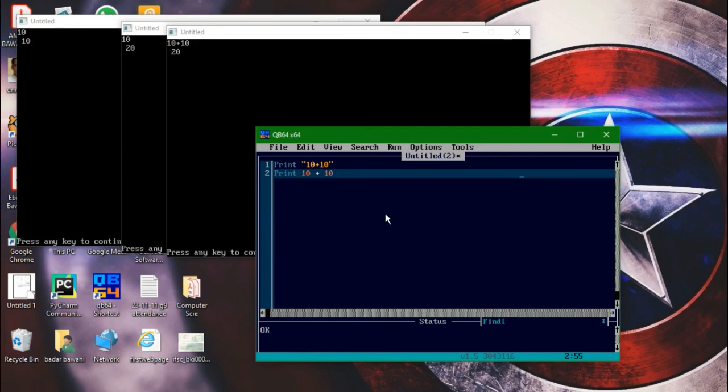I hope you have understood what things are there in QBasic. This is just the basic start of it. You need to practice it and understand how the software is working. If you find anything difficult or you are getting an error, you can comment or message me that this is the issue, sir, and please look over it. You can take a screenshot of the program so that I can know what exactly the code was. The error would also be coming at the bottom side. If you can't identify the error, I would help you out.